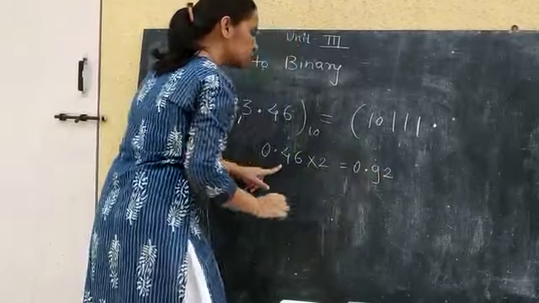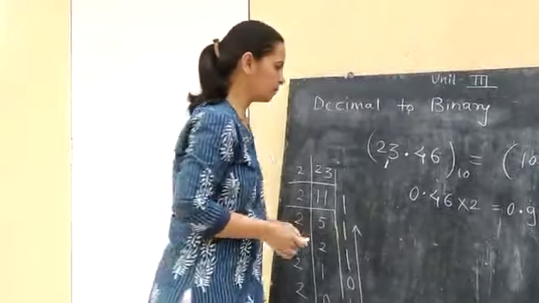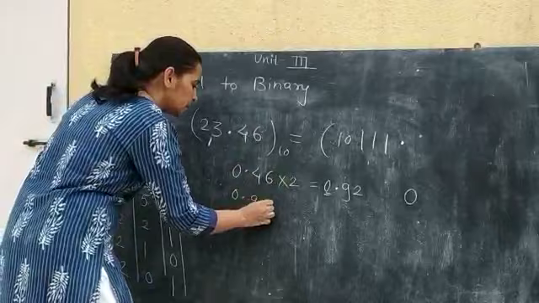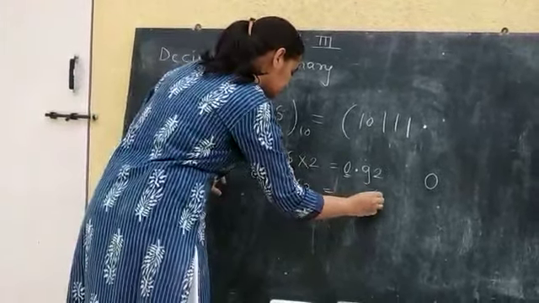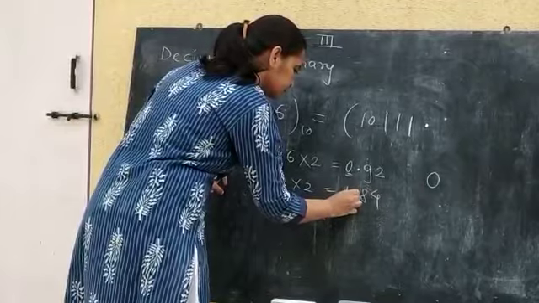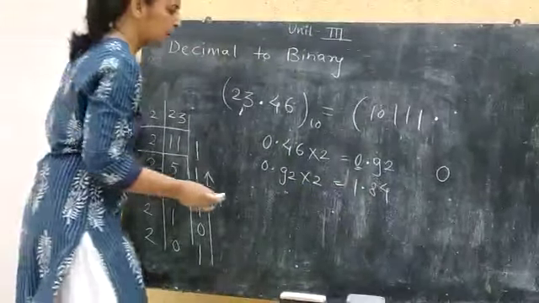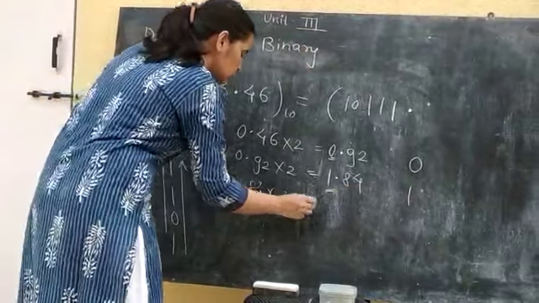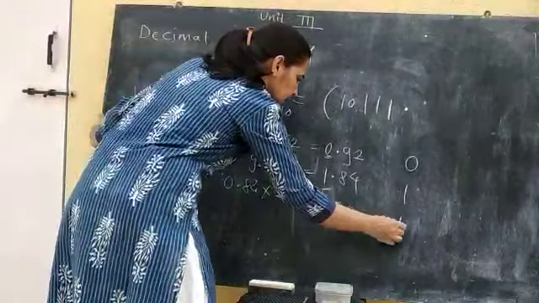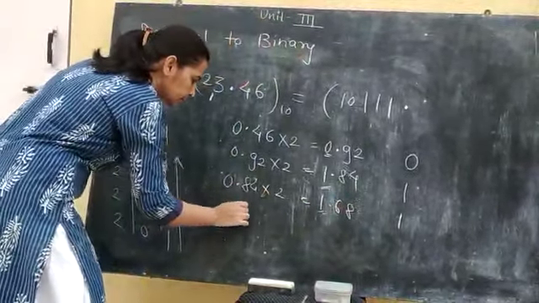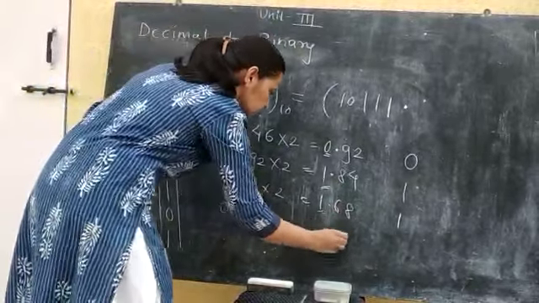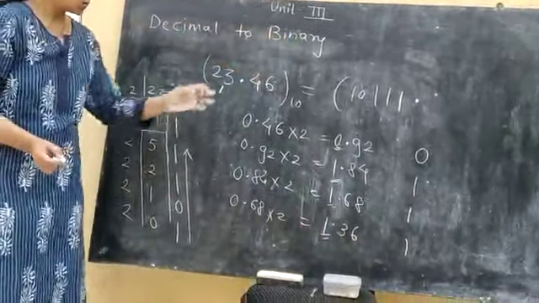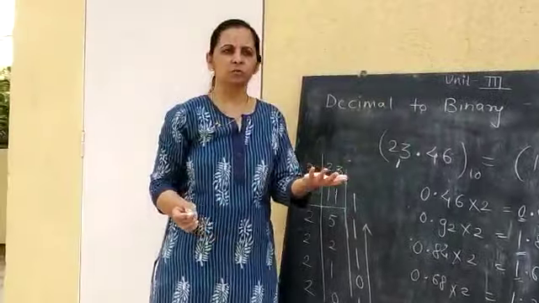this is 0.92. So I will take this 0 here. I'll write that 0 here. Then again 0.92 into 2. So it is 1.84. So I'll write this 1 here. And again I'll take 0.84 into 2. Again I'll take this 1 there. 0.68 into 2. Again I'll take this 1, right? So this will keep on, we have to keep on doing. So we will limit to